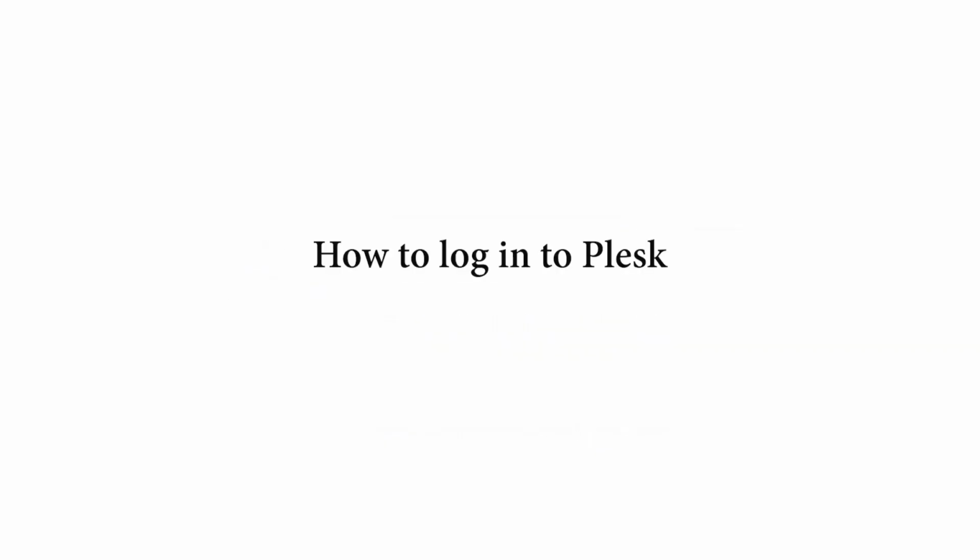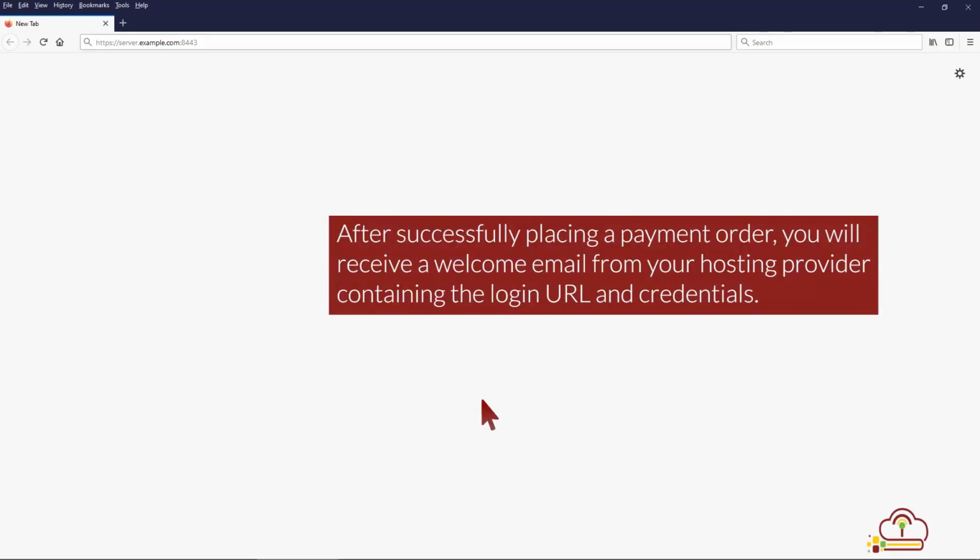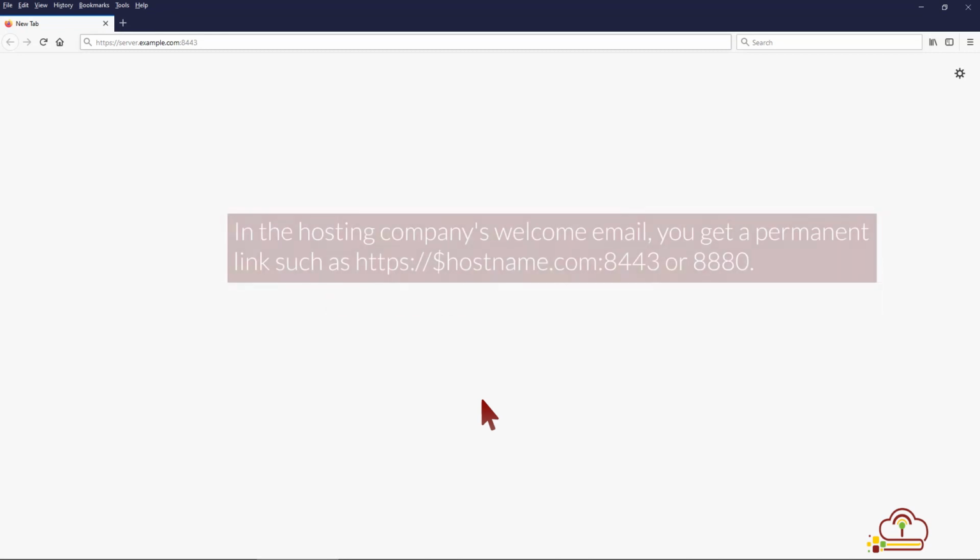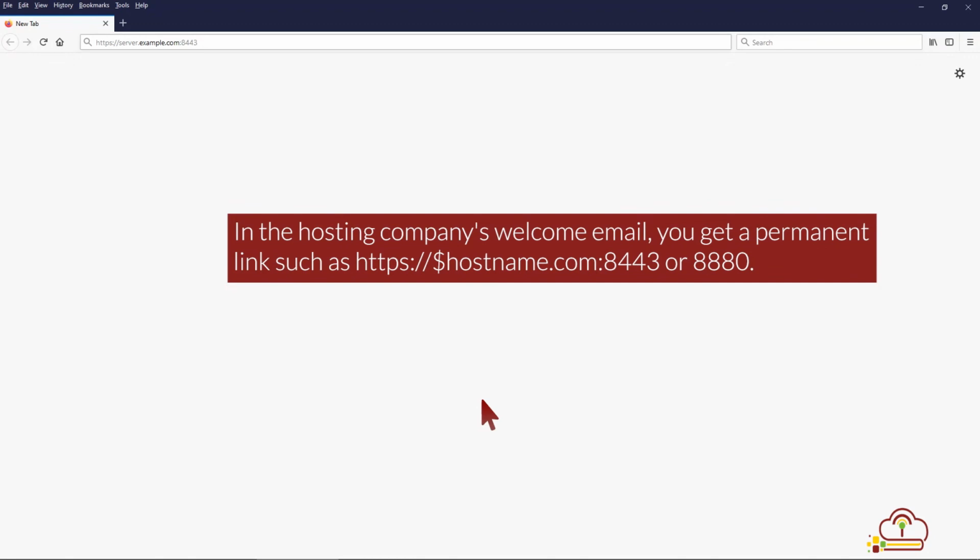How to log in to Plesk. After successfully placing a payment order, you will receive a welcome email from your hosting provider containing the login URL and credentials. In the hosting company's welcome email, you get a permanent link such as